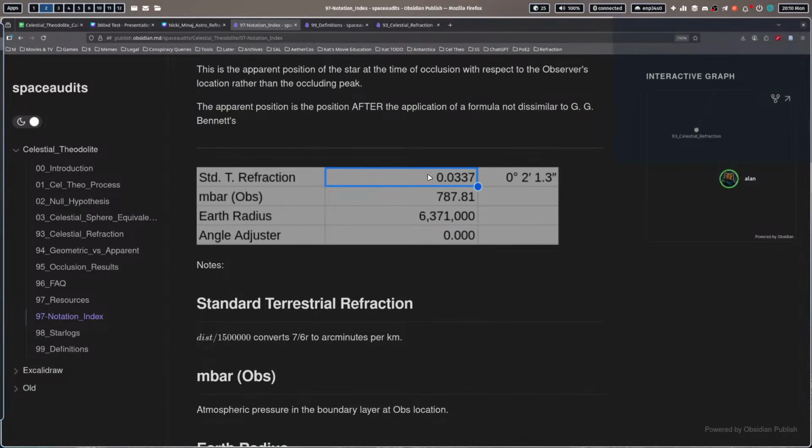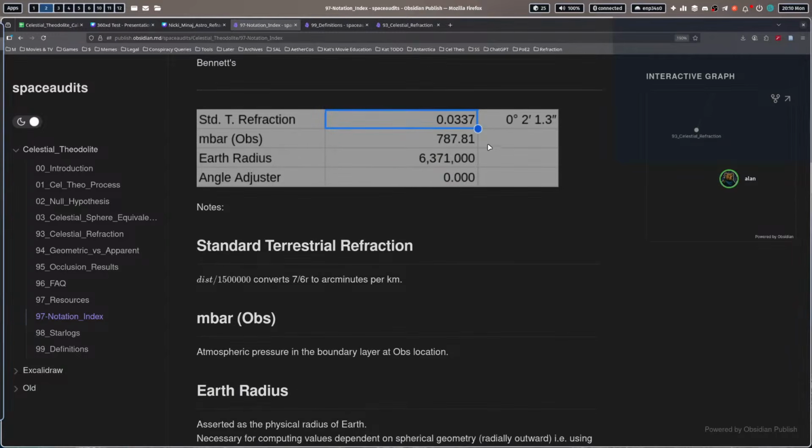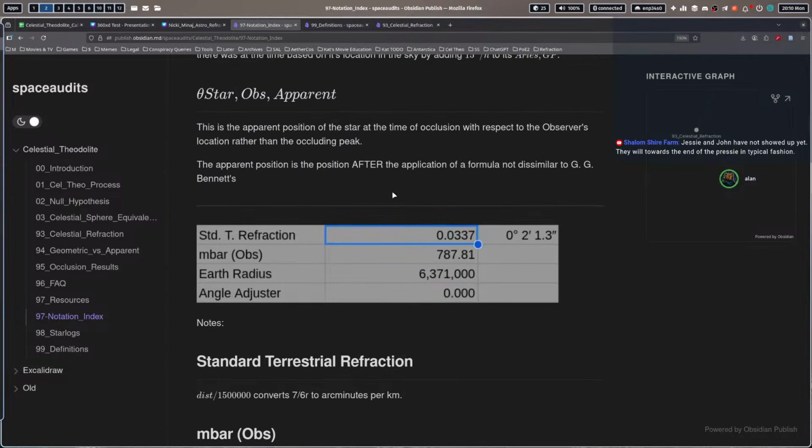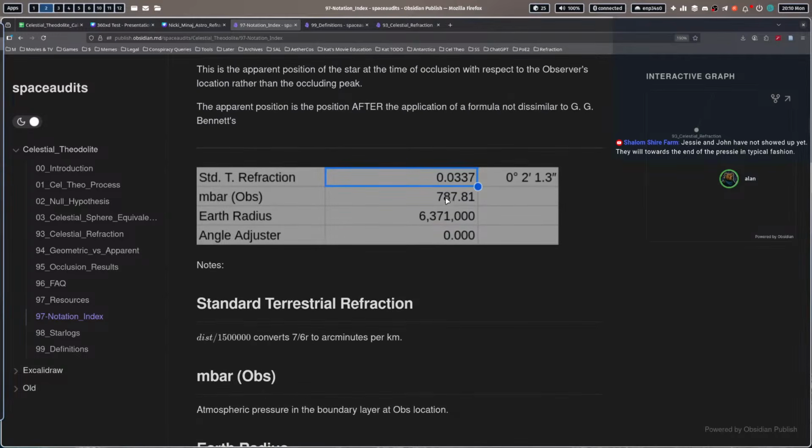Standard astronomical refraction is in here, but we went over last week why we're not going to include that in the analysis. It's improper to mix those two. And we got M bar here. That's just a calculator for what number to put into Stellarium to get the proper amount of claimed astronomical refraction at the time. So you want to get your M bar in there, and that'll adjust based on the relative altitudes and stuff